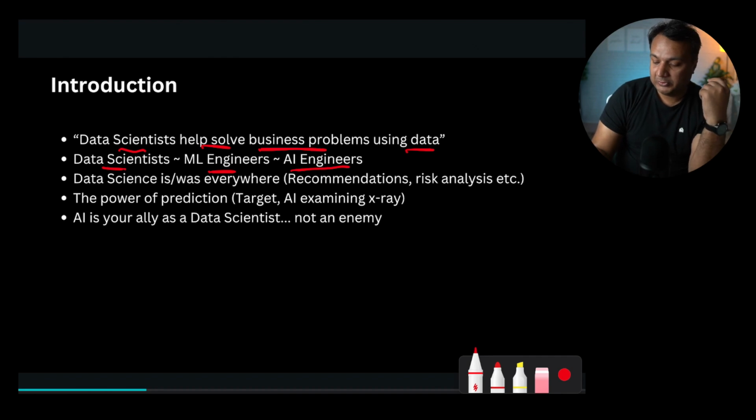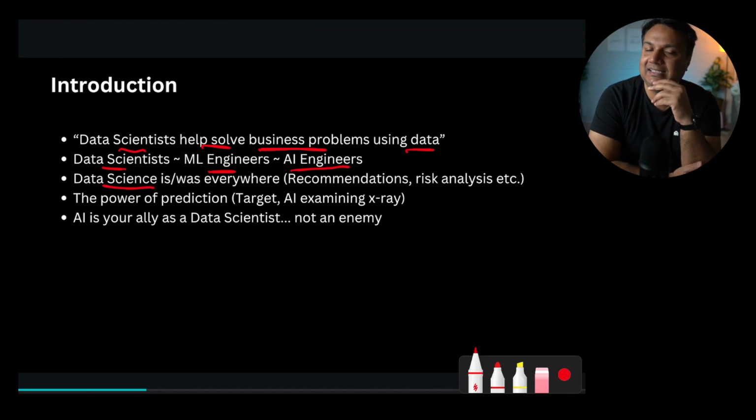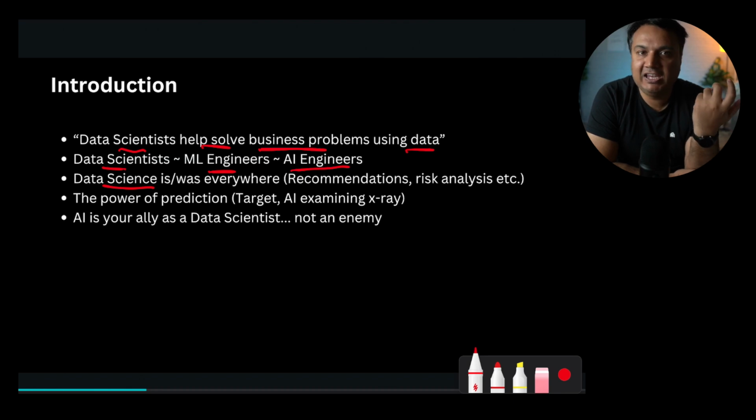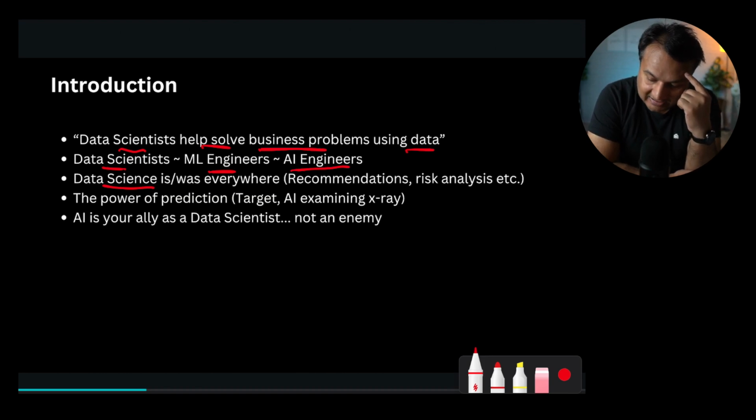The other thing I wanted to highlight is that data science not only is everywhere, it was everywhere, even before the launch of ChatGPT. I started my data science career in 2015, and even then, AI was on the rise, and it was a big thing. And even if you don't realize, in pretty much all the things you are using, there is AI used. So in your phone, in your laptop, there is AI used. When you go watch YouTube, there is AI which is recommending you content.